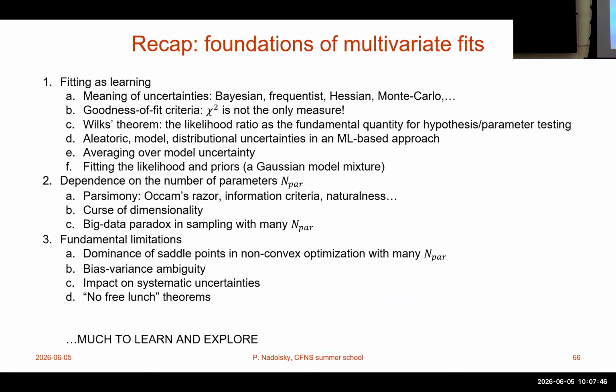Can we use AI or ML for rigorous science? This is precisely the kind of sandbox which you can practically use to test various issues related to information theory. And this is just a list of things that you will have to study if you would like to properly understand the statistics of multidimensional PDF fits. And you can ask me questions about it during the